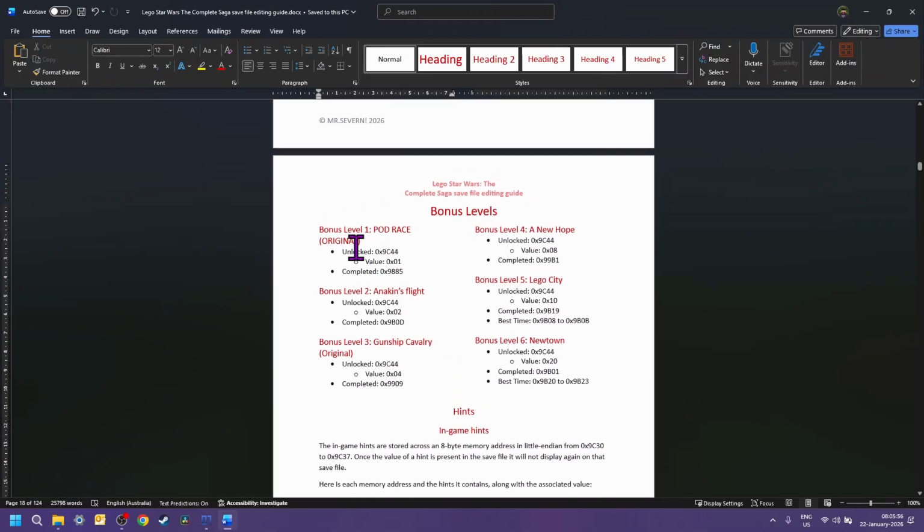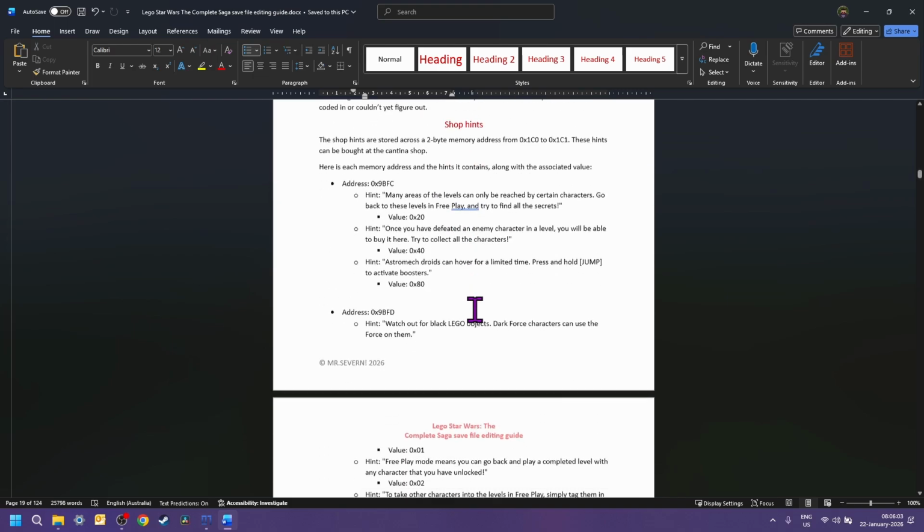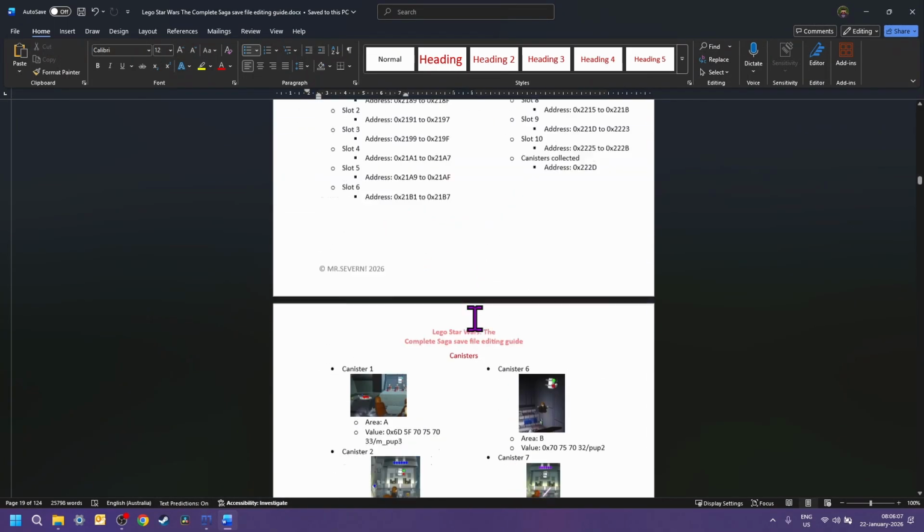This is the unlocked address and then where it is, and then the stud generator that you build for gold bricks is separate.